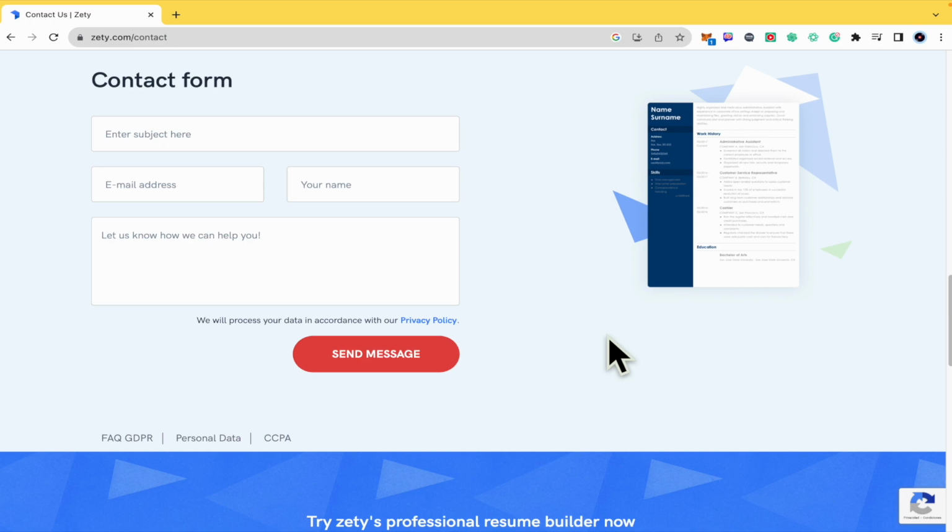I'm going to the contact form and you just have to type the subject, the email address, your name, and let them know how they can help you. Probably this is gonna be filled because you're in your account, okay? So you just have to write something like account deletion request, and